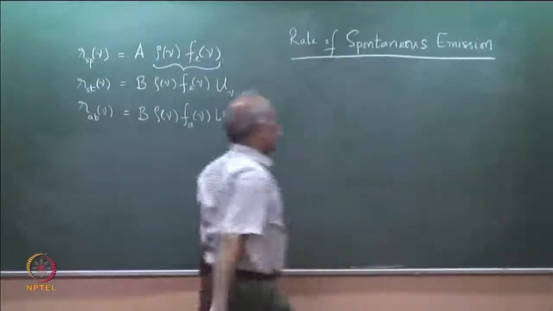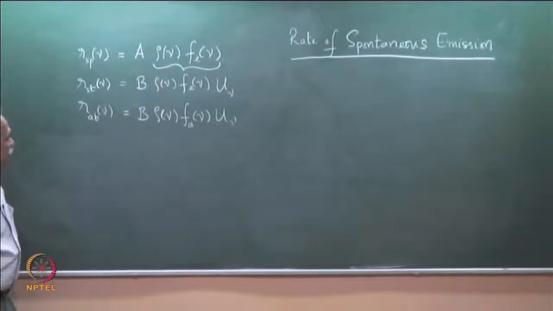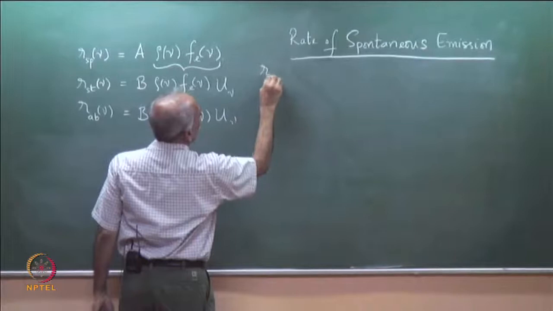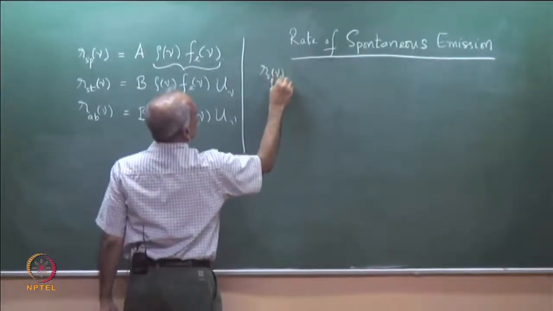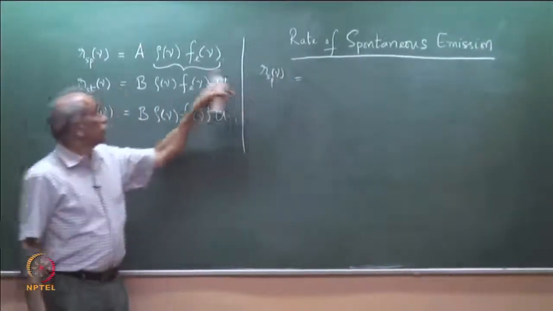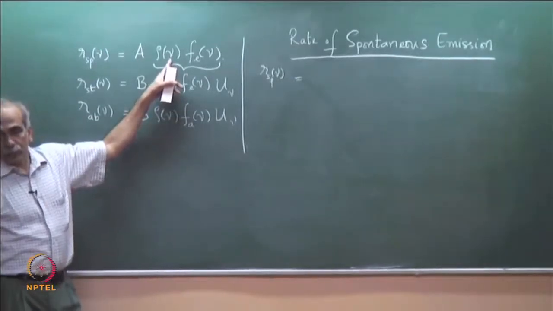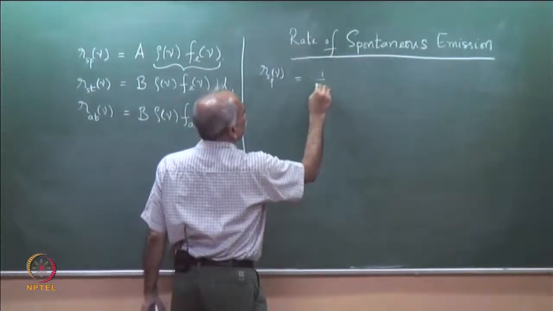We will find out what is this rate. We have written an expression here, but let us see what is that rate. So, rate of spontaneous emission R_SP at the frequency nu, because the optical joint density depends on the frequency nu. R_SP of nu is equal to 1 divided by tau_r